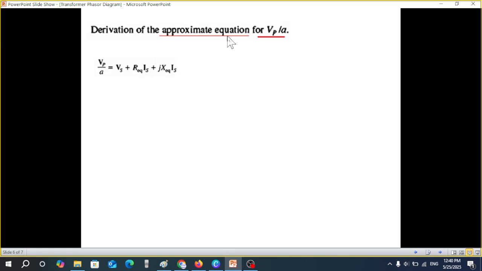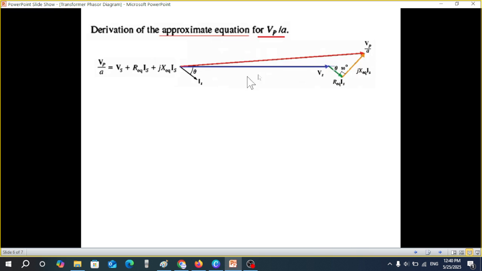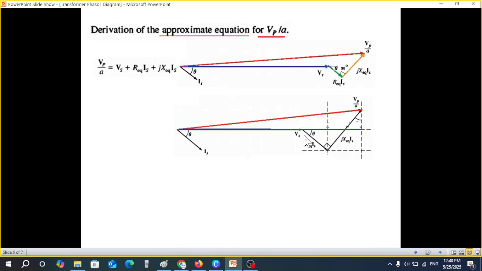Now we'll go for the determination of the approximate equation. This was the proper equation, but can we reduce it? Can we further approximate? For that, we'll take help of the phasor diagram. You can see from here the difference between the two, but if we can bring it closer, like shown here, if we extend this line up to this point, then you can see this is approximately equal to VP